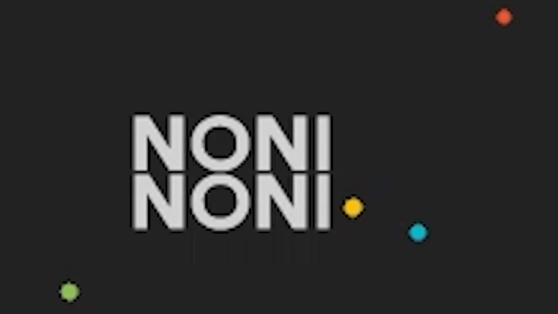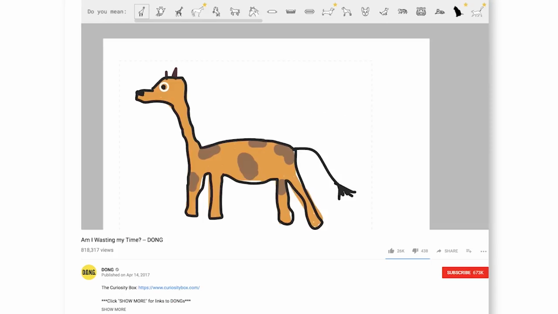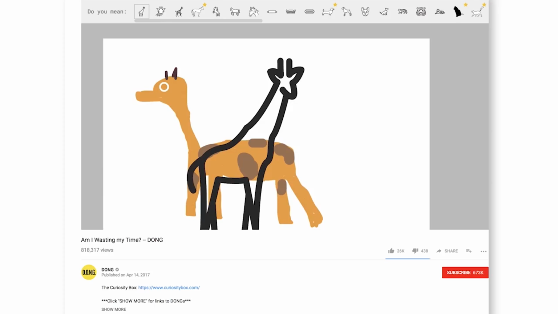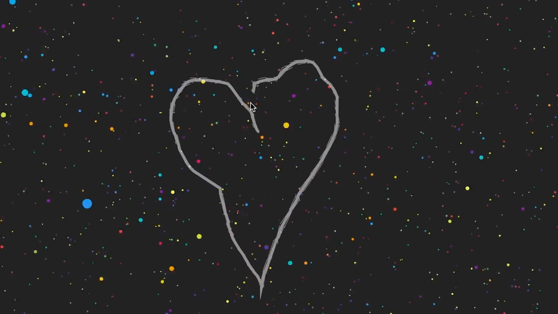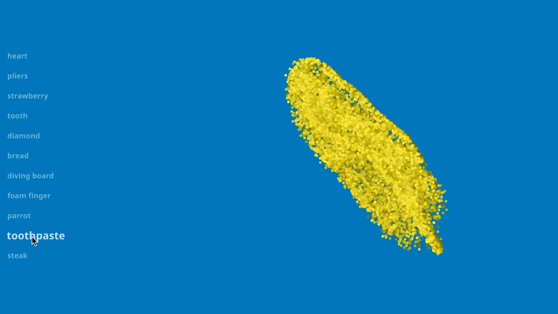Bad hand, no! Noni is a website that uses the same technology as QuickDraw, a previously featured dong. And it takes illustrations from AutoDraw, another previously featured dong. All you do is outline whatever you want, like a cute little heart, and it will give you the option of a few different things it could be. Obviously, it guessed a heart first because I'm an artist, but it also guesses pliers, toothpaste, and steak,